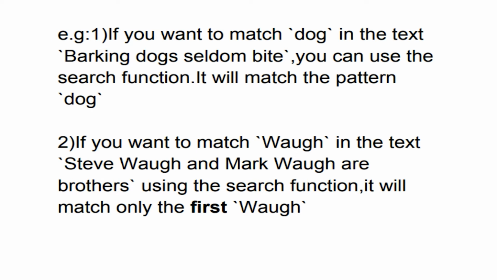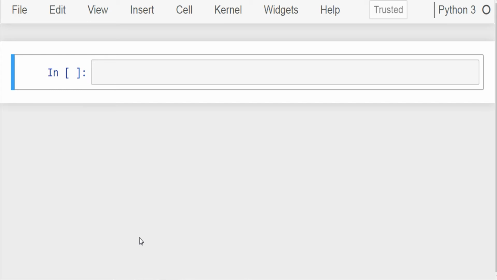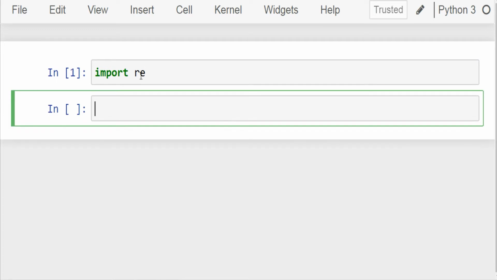Now let's explore these concepts in the Jupyter Notebook. At first, you have to import the re module because Python supports regular expressions through this module. So write import re and run the cell. Now let's create a variable str1 and assign it the string "barking dog seldom bite".